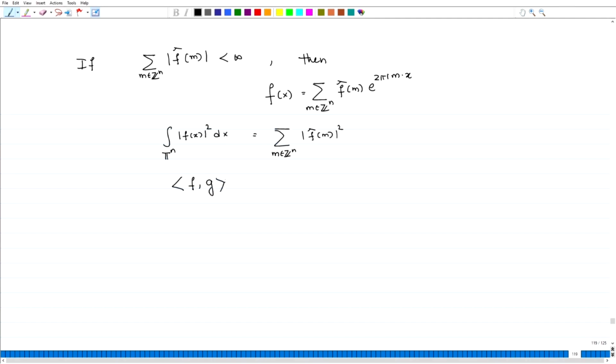If f and g are continuous, then we can write this as well. All these are going to be true, and no new idea is needed, and almost whatever idea is needed we have discussed over here. And so, this is the Fourier